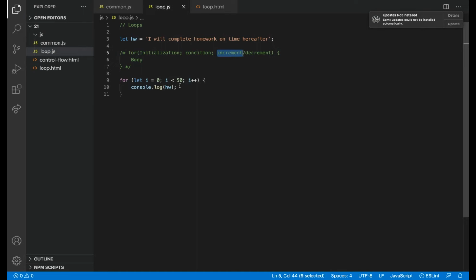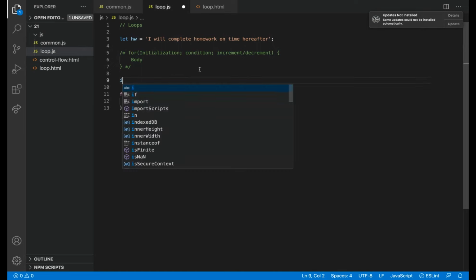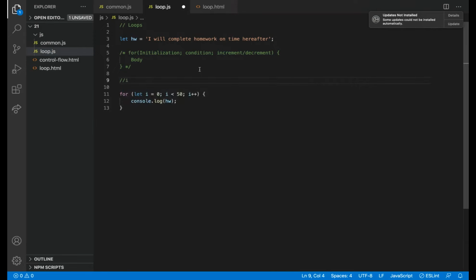What is I plus plus? Then I's value will be 1. After executing console.log the first time, I's value will be 1.